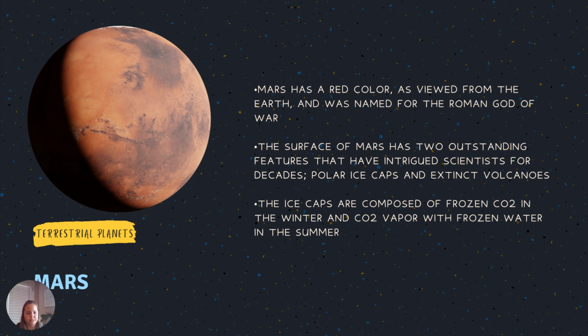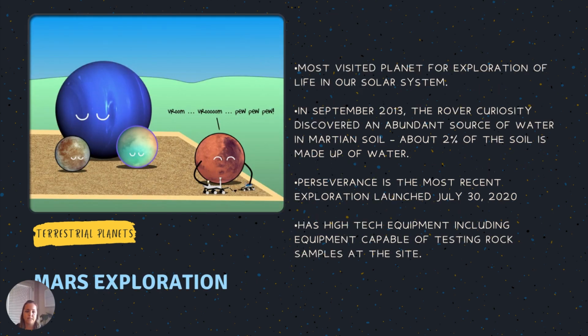So really interesting. And Mars is actually one of the busiest planets outside of Earth because it's most visited for exploration. So when we're looking for other life or past life that may have been in the solar system previous to Earth, we are looking at Mars most of the time. There's a few other moons that people are starting to investigate that orbit Jupiter, but we haven't got there yet.